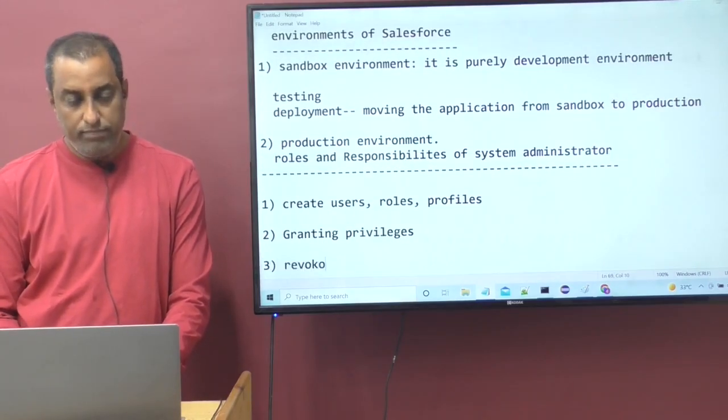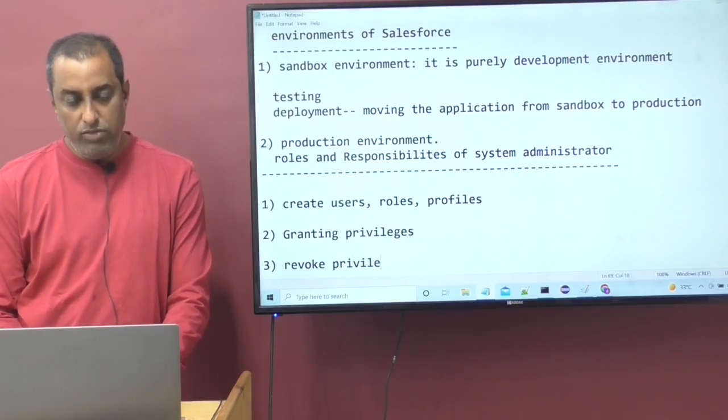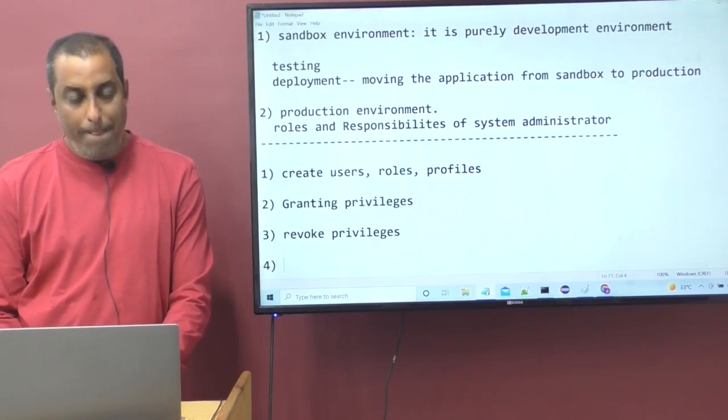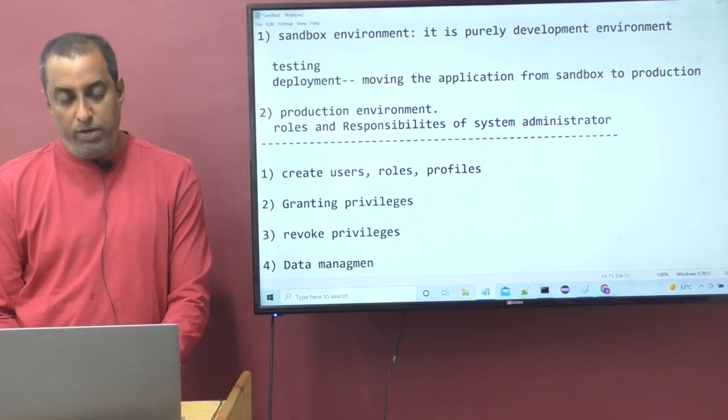After creating users, roles and profiles, he is the person granting, which means giving privileges. Privileges means permissions to the users. Revoke means take back the permissions from the users. Granting the privileges, revoking the privileges from the users. And also he is the person performing data management operations. Data management means